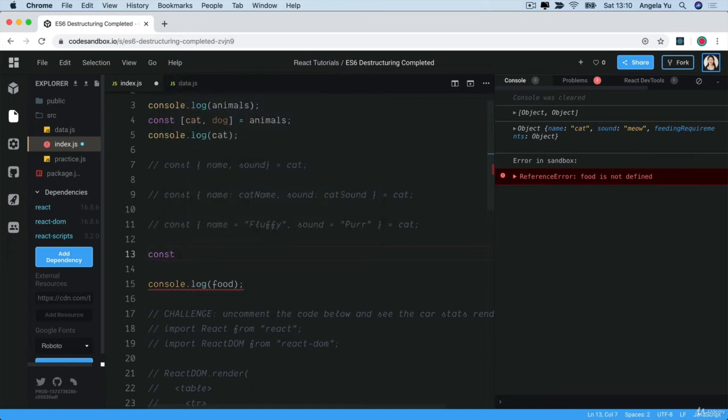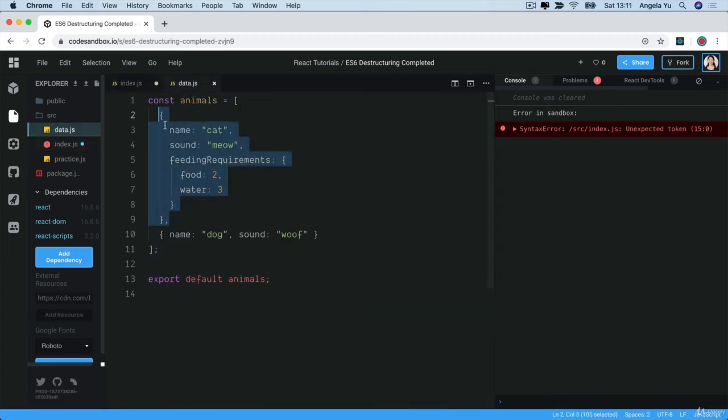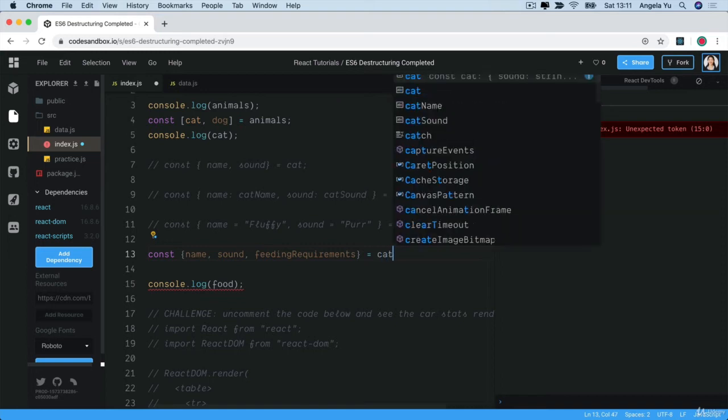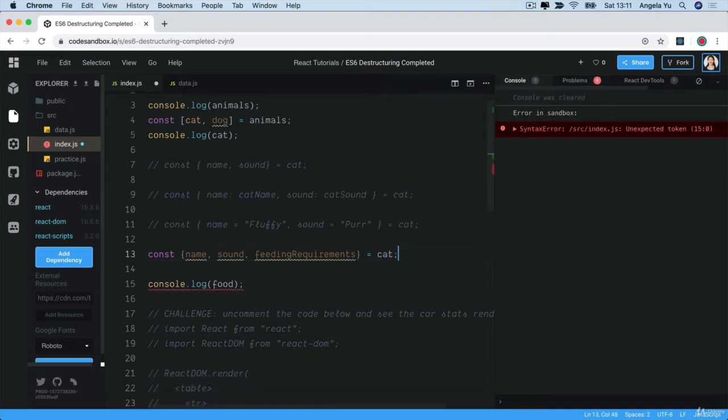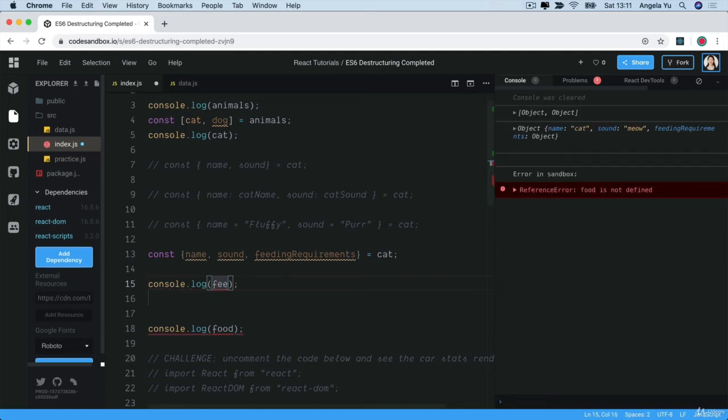Well, we start out with our const, and our cat object, remember, has those two properties, name and sound. So let's go ahead and destructure it down to name and sound. But we've now got an extra one called feedingRequirements. So let's add that in here as well. So now let's set it equal to cat. And if I go ahead and log the value of feedingRequirements,